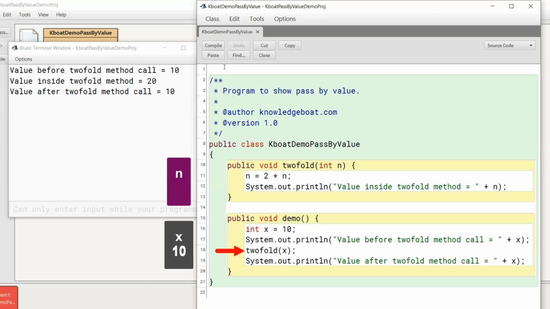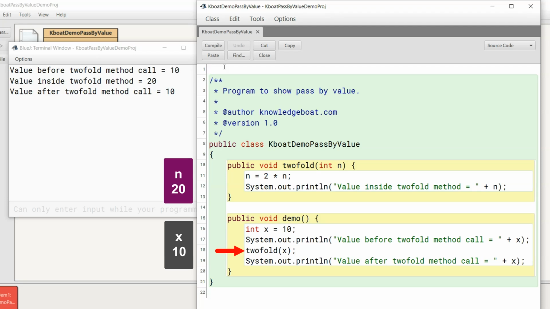Instead, the value of x is copied to the formal parameter n. What this means is that x and n are two different variables. The changes that are made to n in the twofold method will not reflect to x in the demo method, as x and n are different variables.